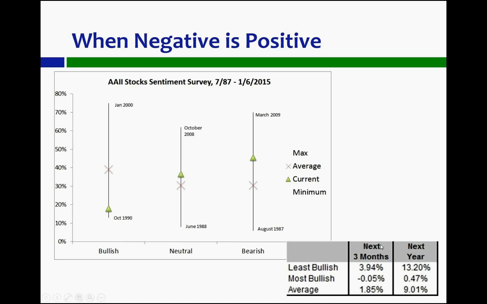going forward. And there's a little bit of a historical study here which pulls up the least amount of bullishness and the most bullishness, and it shows the actual returns of the market for the next year. So right now, we just encountered one of the least bullish surveys ever. Well, the next year's returns from the least bullish periods had 13.2% returns over the next year. Meanwhile, when everyone is positive on the market and really bullish, next year's returns don't even reach